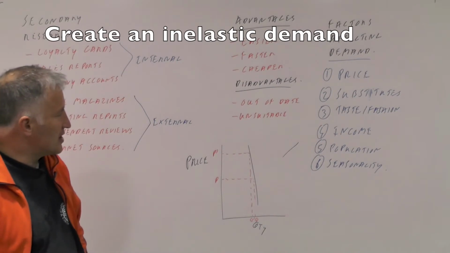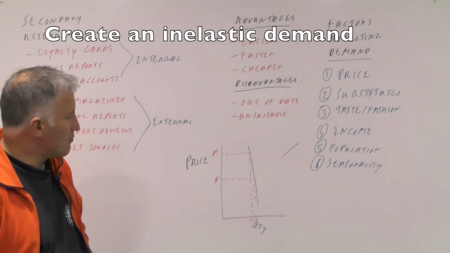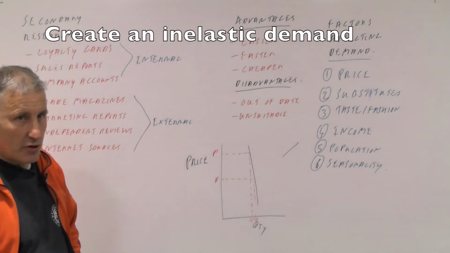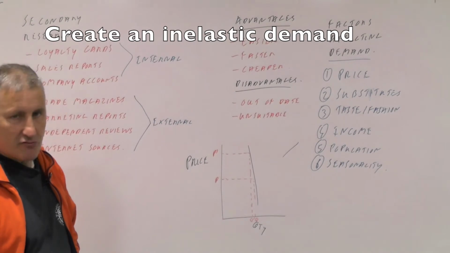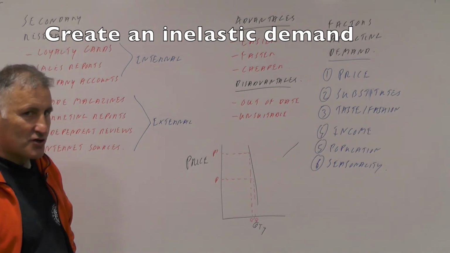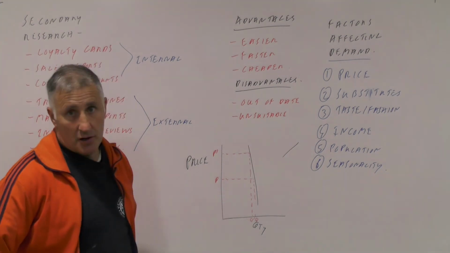So we've just been to see Jaguar Land Rover, and they've been able to do that with the Range Rover Evoque. They've been able to charge a high price and demand has only fallen by a small amount. So they're going to make more money on each good. And that's the same for any restaurant or anything else. So you want to do your primary and secondary research to find out what the customer wants, and then hopefully from there you can charge a high price. Thank you.